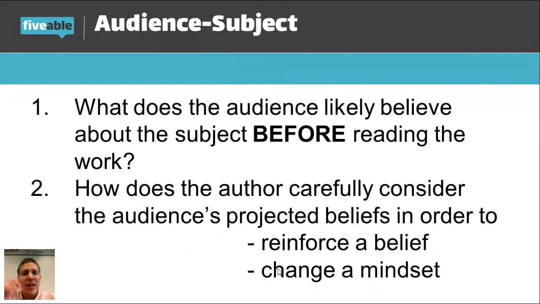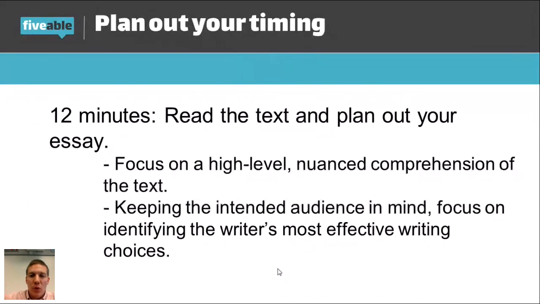All right, I'm going to do this quickly because I took some time to do this last week. But I want to make sure we're all on the same page. How should I time my rhetorical analysis essay? If I have 40 minutes, I actually recommend spending the first 12, and that seems like a lot out of 40, reading, fully understanding the nuance of the text, thinking about the audience, author, subject relationship, what all of those relationships are. Focus on, again, nuance. You're going to annotate, and I'll talk about that in a minute.